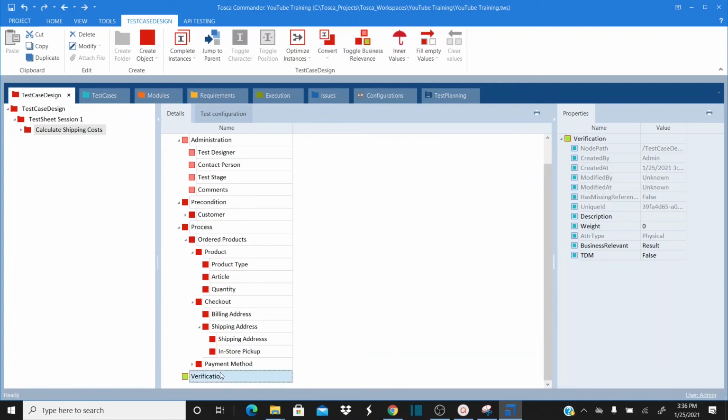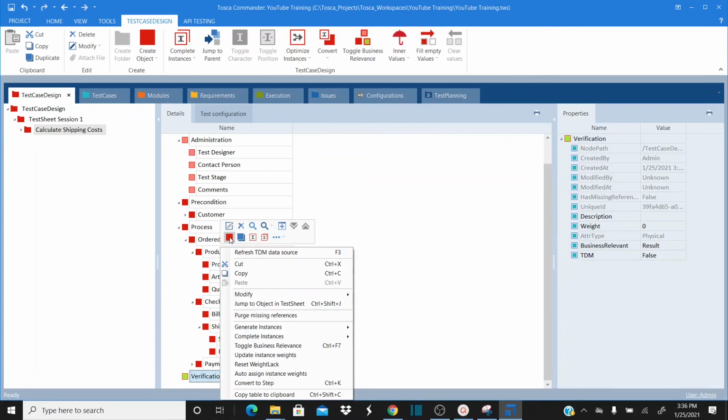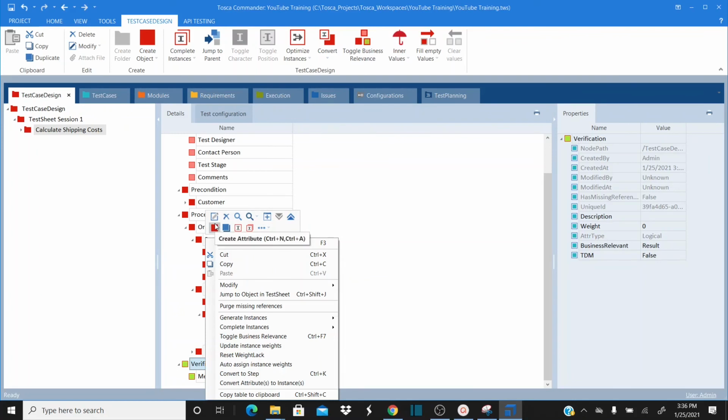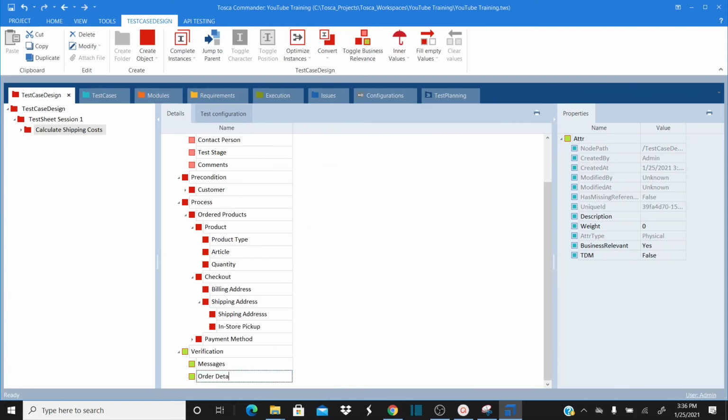So now under verification, let me create a subfolder called messages. Okay, and let me create another subfolder, order details. So messages means, let me create another subfolder, login. Okay, username failure message, another message,